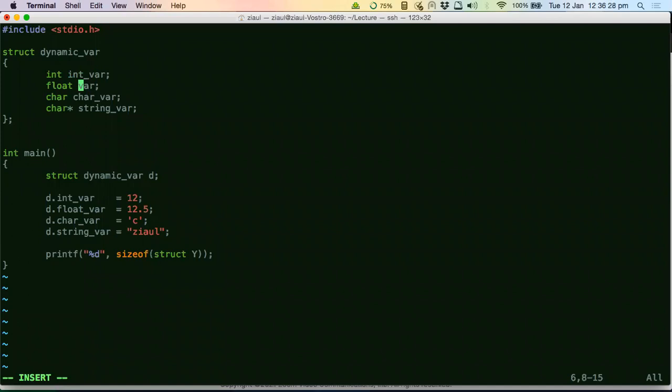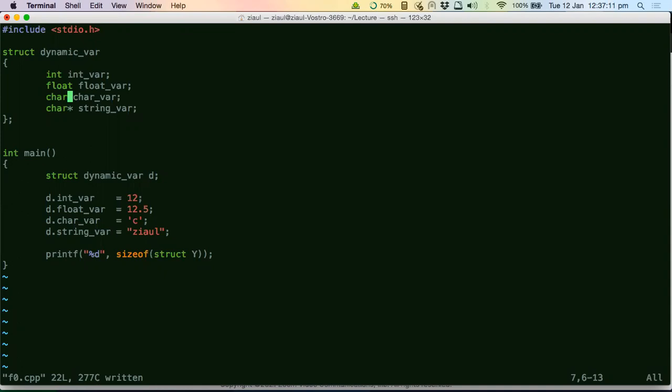Yes, good. So this is a valid solution wherein I have a single variable of a derived type, struct, and I have stored four different values in the same variable. See, I have stored integer 12, 12.5, then a character, and then a string. But is this what I actually wanted? Tell me. No one can deny it, right? It's correct, because what did I ask you? I asked for a single variable and I wanted to store different values into the variable. Single variable is there and different values are also there, because I am able to store these different values into the same variable.